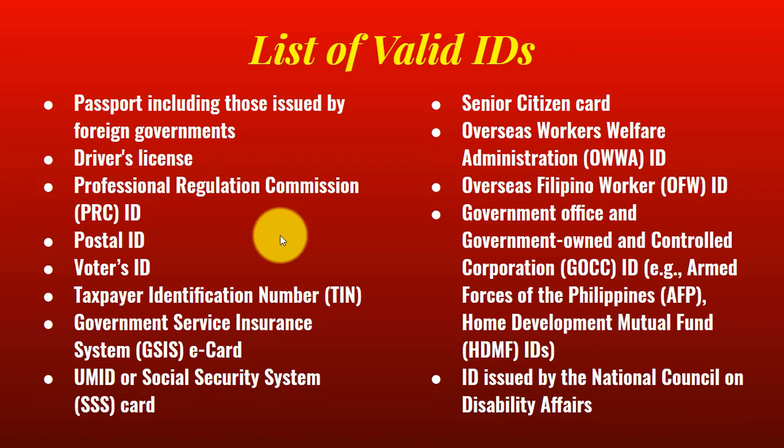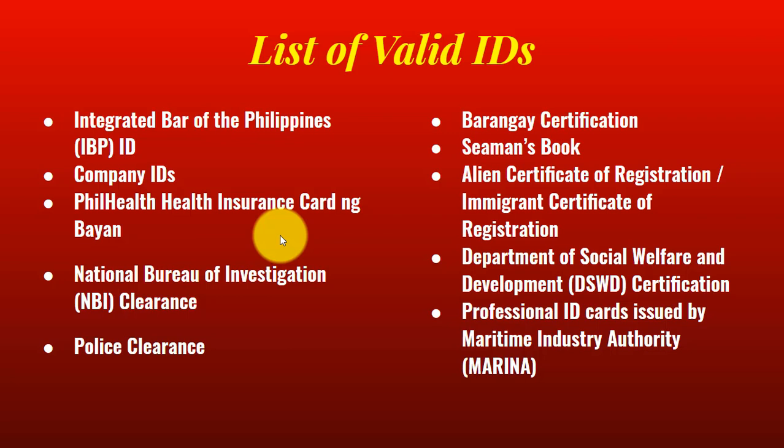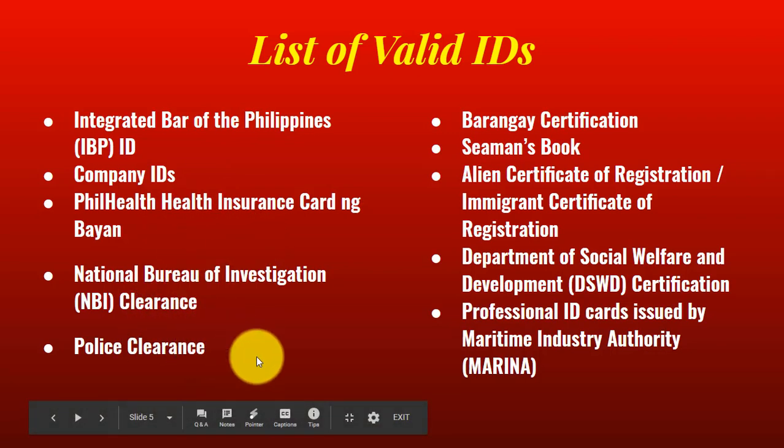Most of these IDs are considered as primary IDs, and if you don't have any of these IDs, you may bring secondary IDs or documents to present to the BPI officer when you apply for or when you open a BPI savings account. The other IDs or documents that you may bring include company IDs, PhilHealth ID, NBI clearance, police